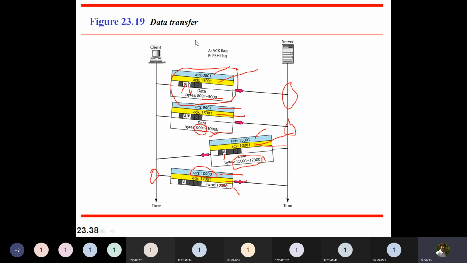What are the rules we have for sequence numbers? The sequence number is the first byte of the entire segment. What are the rules we have for acknowledgement? Whatever sequence number we are giving, can I give it for an acknowledgement?